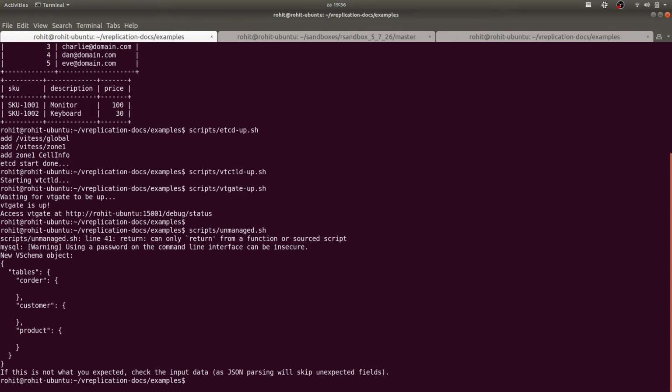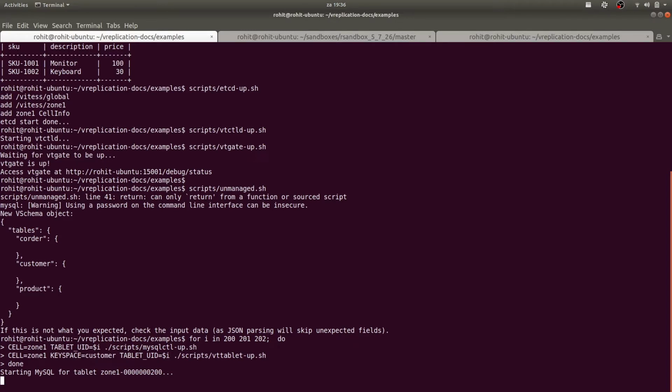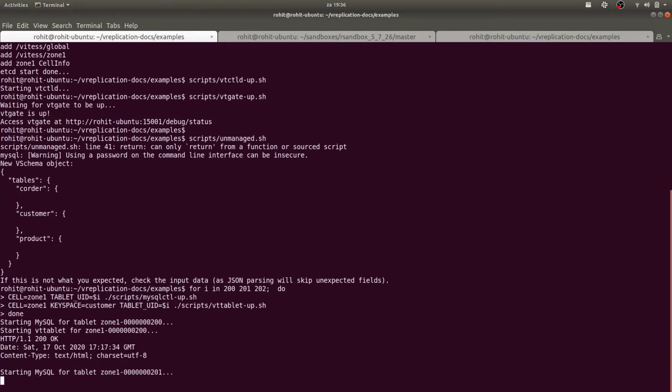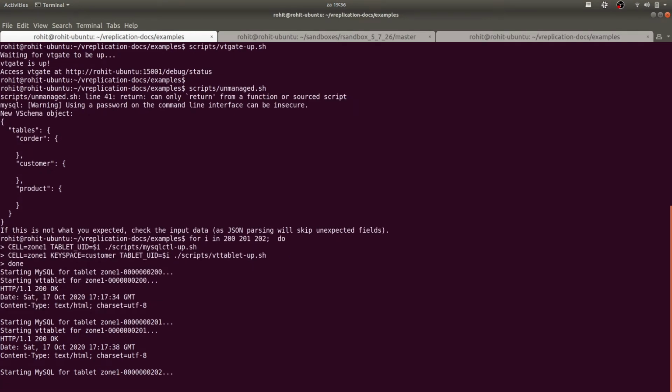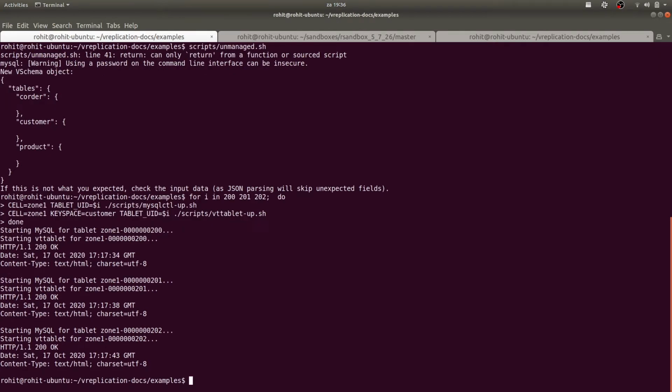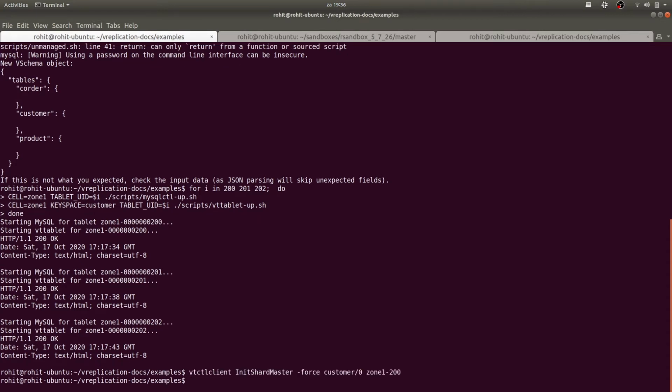with 3 tables which are in your database. We start 3 tablets. One we'll deem as the master, the other replica, and the third is the read-only. Tablets are started. We have 200 as the master, and now we can initiate the VReplication workflow called MoveTables,